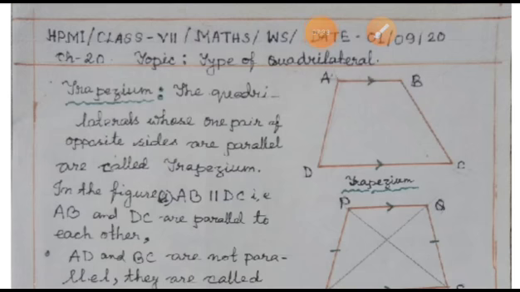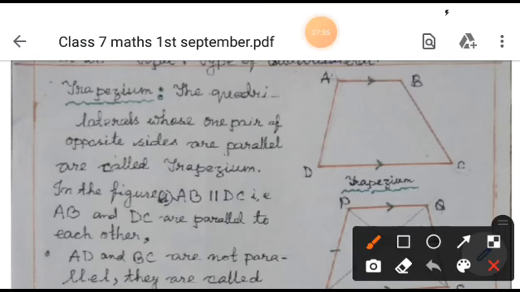We are going to study about trapezium. Now what is a trapezium? Obviously a trapezium is a quadrilateral. Why? Because it is a polygon bounded by 4 sides. So what are the basic properties of the trapezium? It will have one pair of parallel sides and another pair of non-parallel sides. So the quadrilateral whose one pair of opposite sides are parallel is called a trapezium.